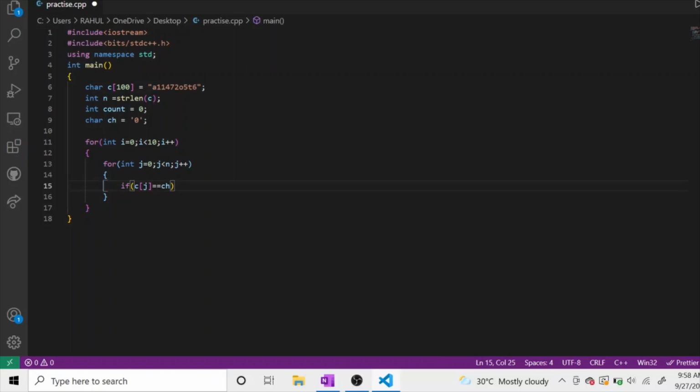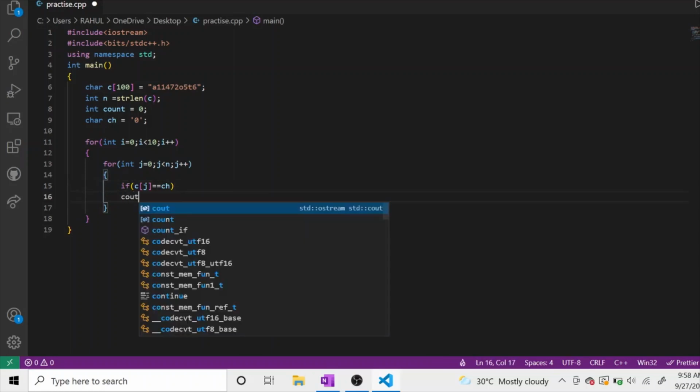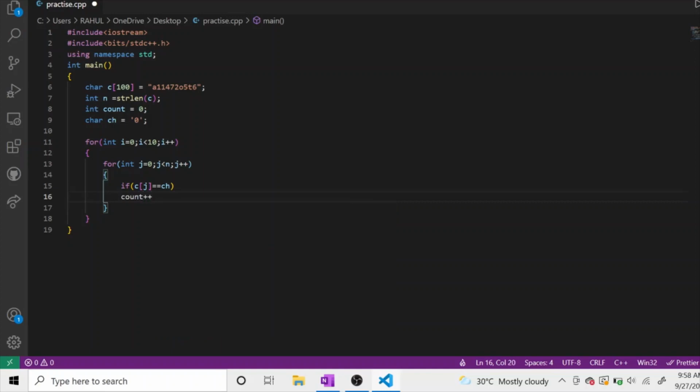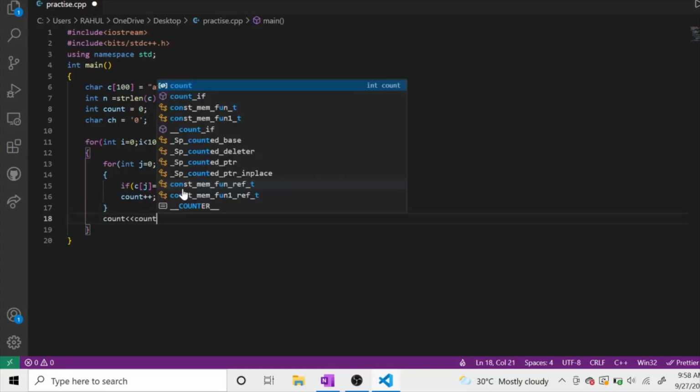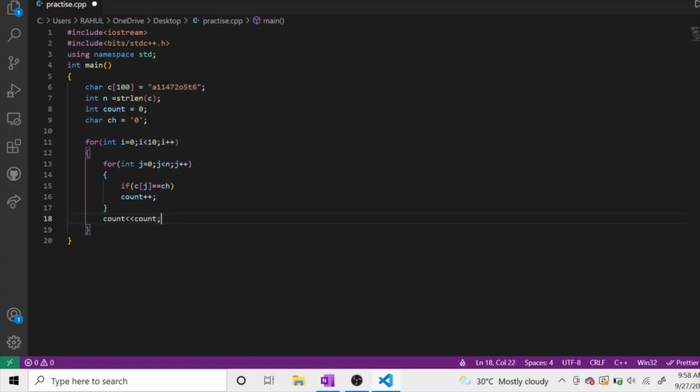If it is equal, we will increment our count, count plus plus. And then finally we will print out our count value, so that we will get how many times 0 appears.